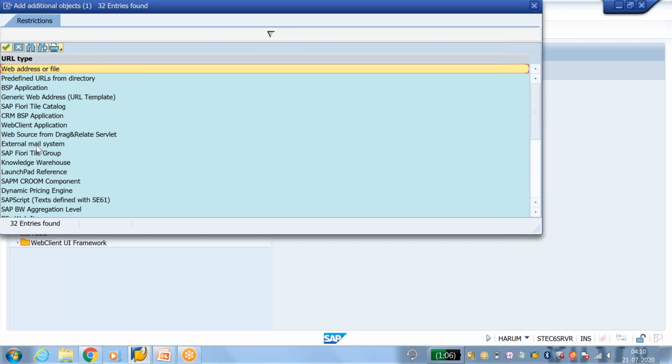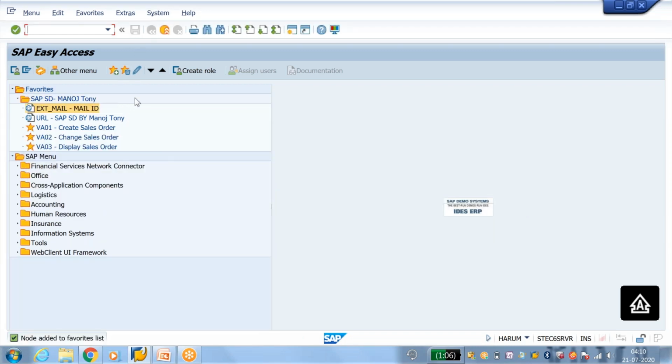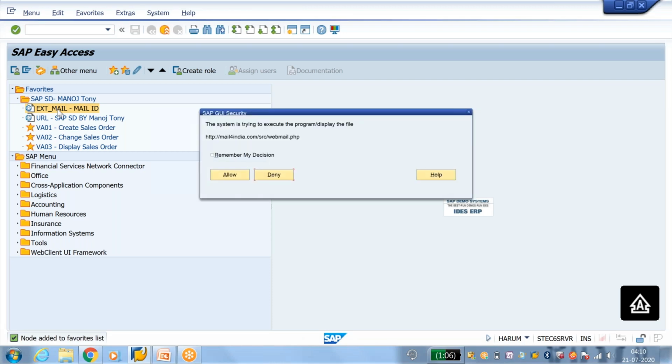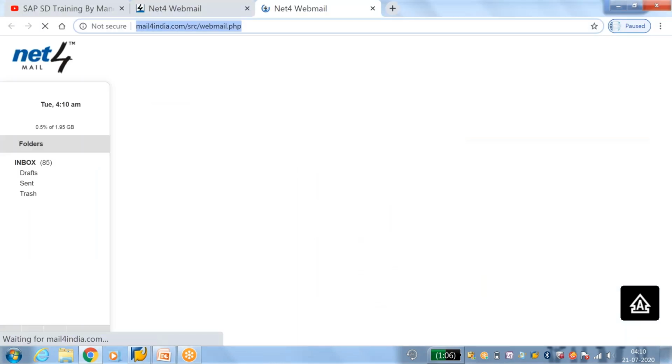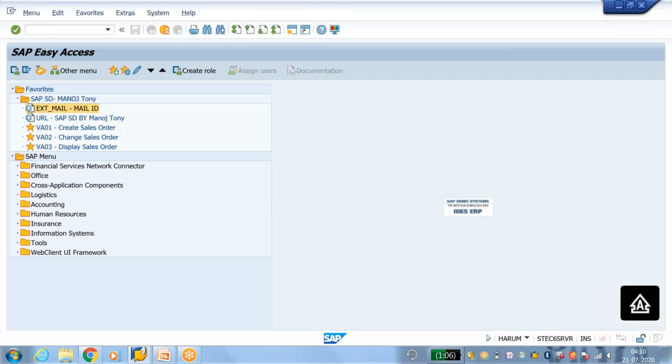So select external mail system, mail ID, save here the link, save it. Now whenever you click this link, the system directly opens your mail. So this is also one important useful functionality.